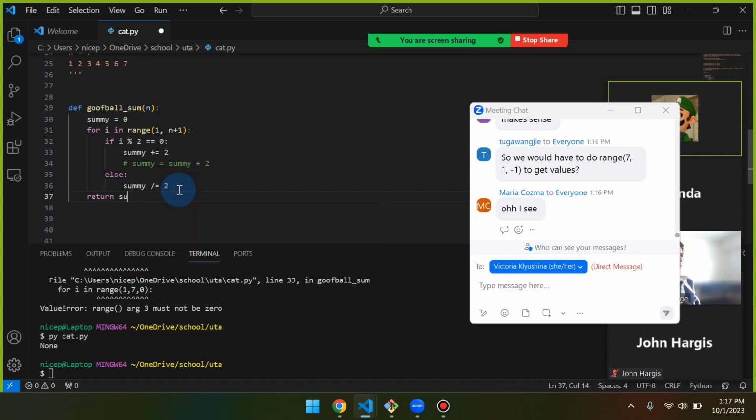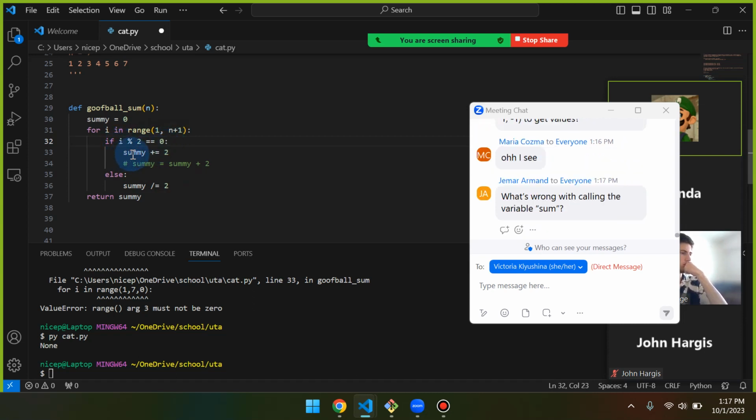If I can type today. All right, that's really all there is to it. I will say that this is very important, that you know how to determine if a number is even or